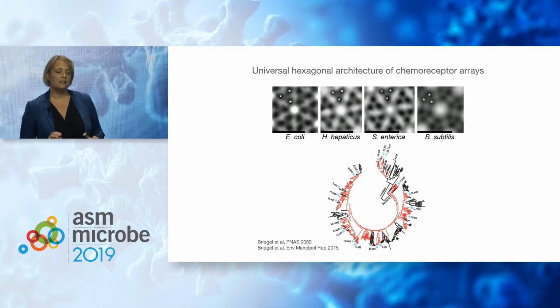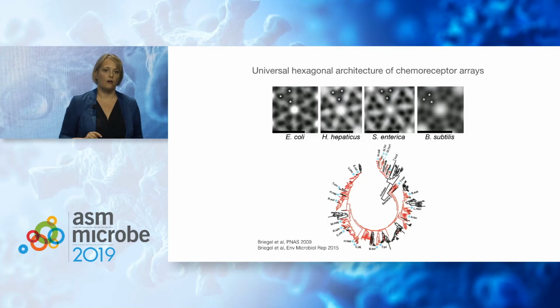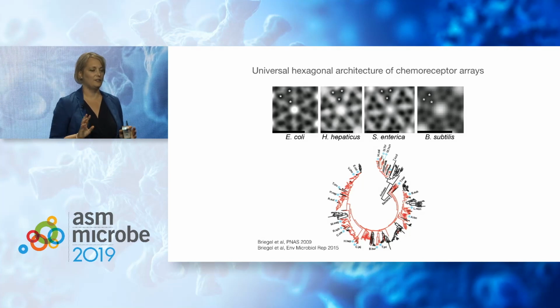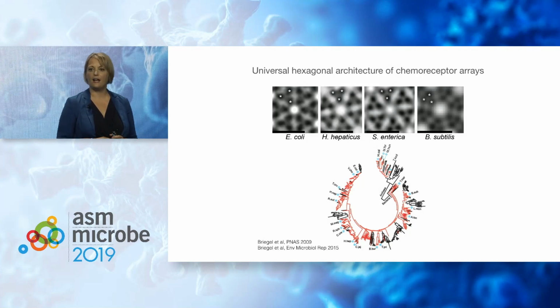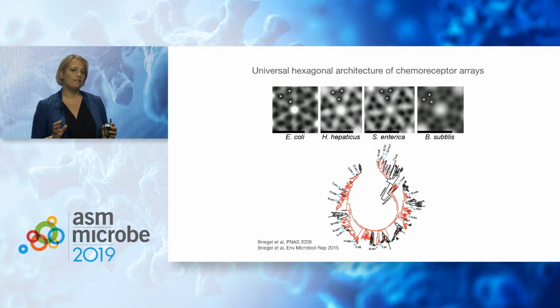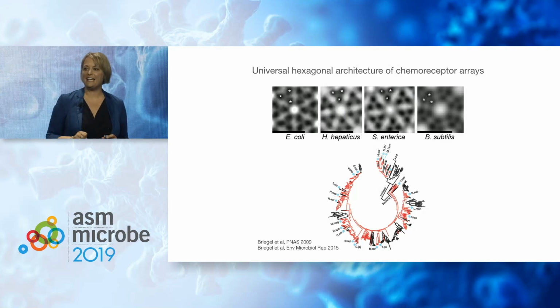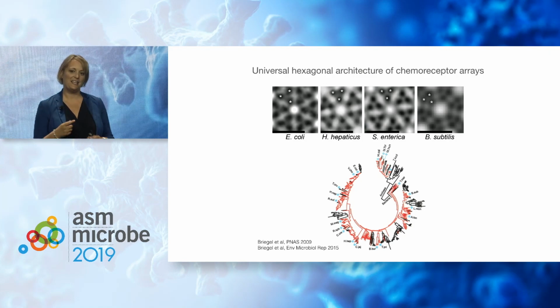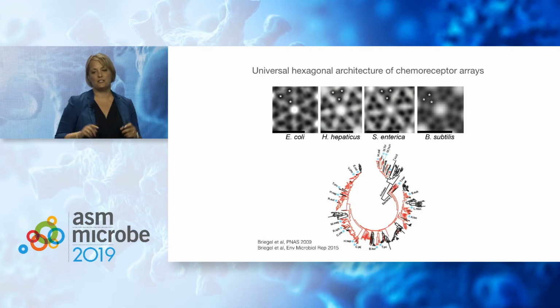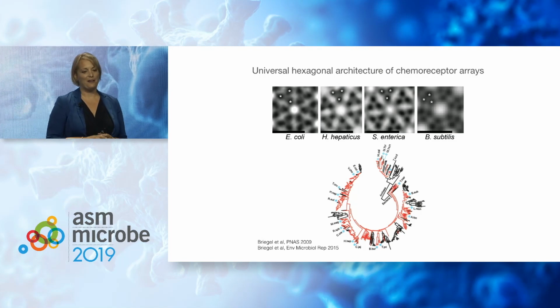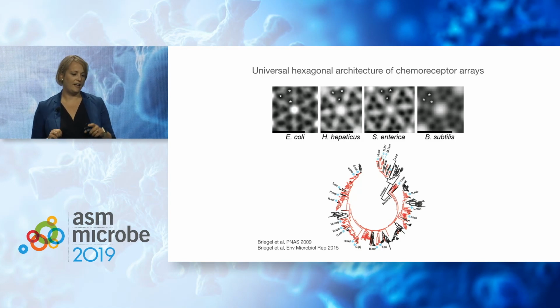Now, when I started working on this about 10 years ago, I started not working on E. coli, I worked on Caulobacter crescentus, and the reviewers were very critical. They said, well, you know, who really cares about Caulobacter? We want to know how it's in the important organisms like E. coli or Thermotoga, which is a big important bug for crystallography. So I set out on a long journey and imaged all of these cells or strains that you see here